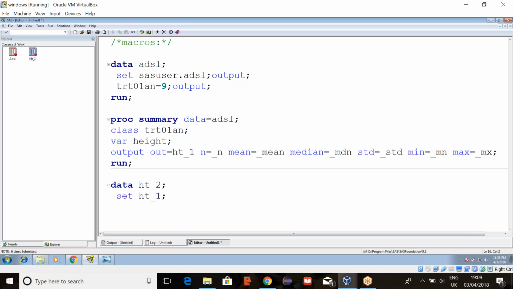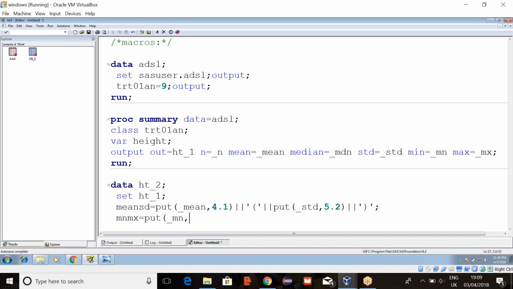And now here mean standard deviation equals to put of underscore mean with 1 decimal, concatenate with open brackets, again concatenate with standard deviation with 2 decimals, again concatenate with closed brackets, and also minimum and maximum.